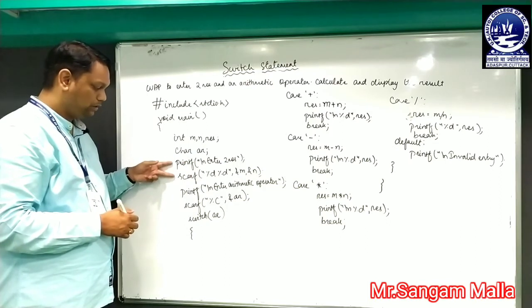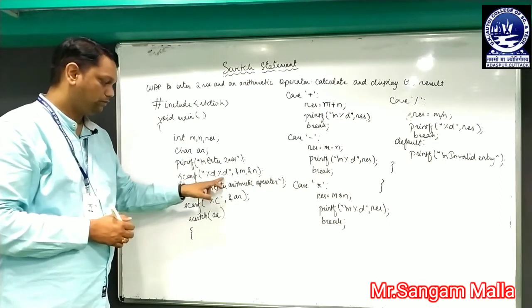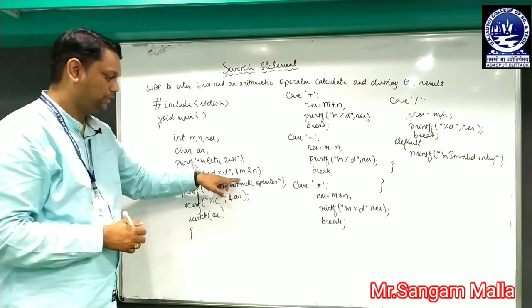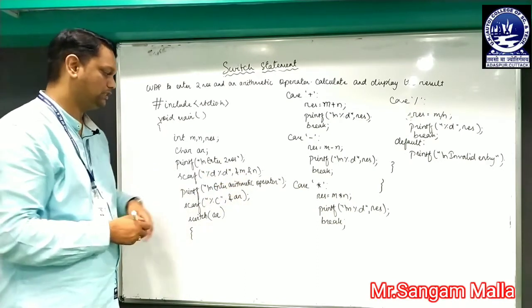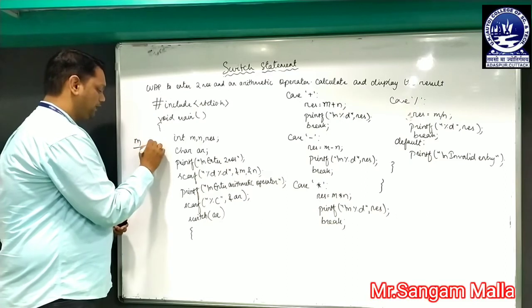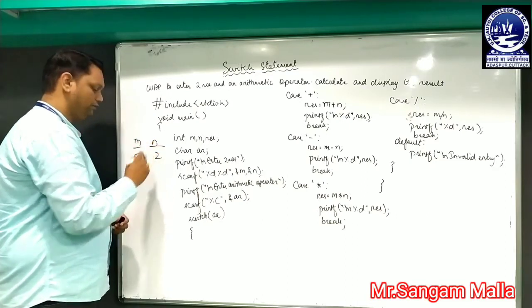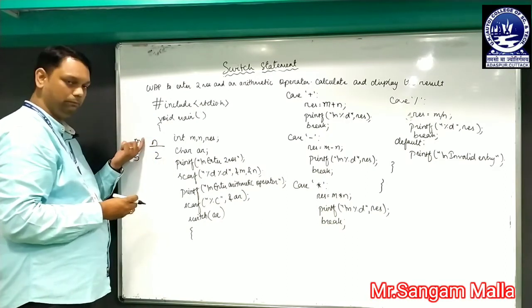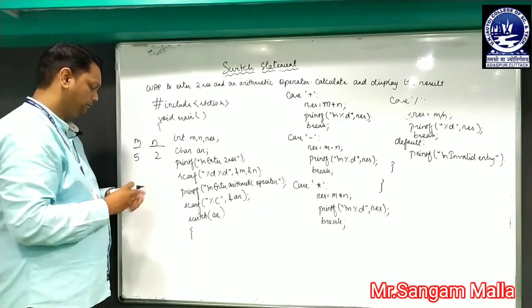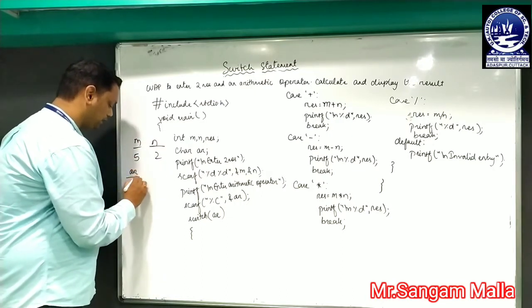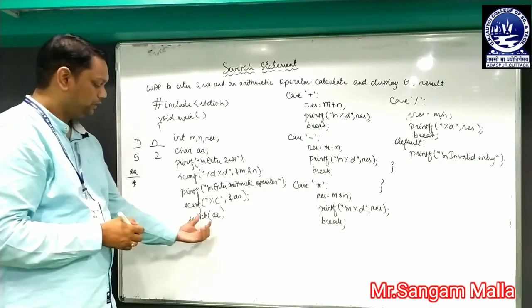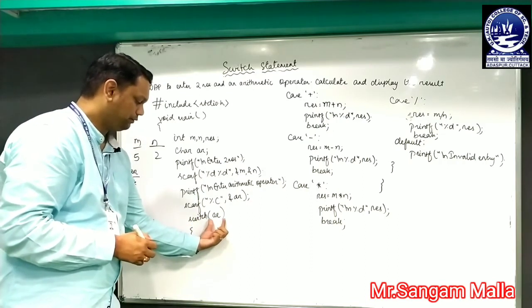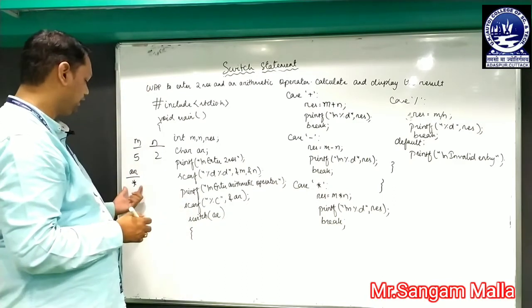So we have entered two numbers over here. So this is the way through which we can enter multiple variables in a single line. So I have entered two numbers, let us say in m and n I have written 5 and 2. That means 5 will be stored in m, 2 will be stored in n, and I have taken an arithmetic operator, let us say I have taken multiplication. So here switch is holding the value of AR.